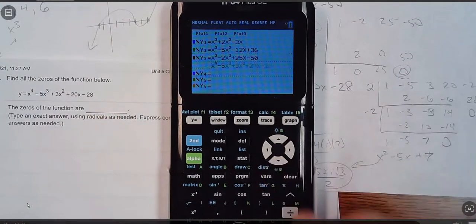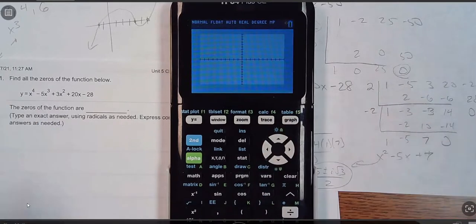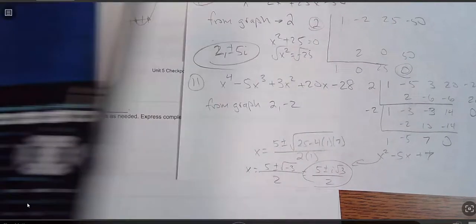Turn this off, turn that one on. Hit graph. Looks like it's going to cross at negative 2 and 2 when it gets there. So there's negative 2, there's positive 2. So those are the first two I'm going to try. And what I did here,